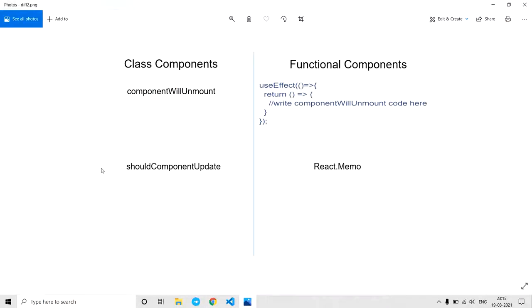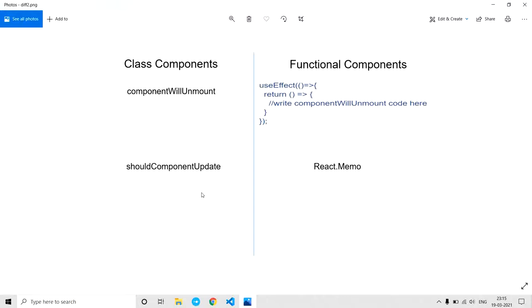Let's go to shouldComponentUpdate. This is similar to a pure function. If you want to write your own logic which decides whether a component should re-render or not, then only you should use shouldComponentUpdate. Most of the time we use PureComponent only. It depends again; if you want to write your own logic, just do shouldComponentUpdate. I'm not going to show it in code because these were pretty straightforward.